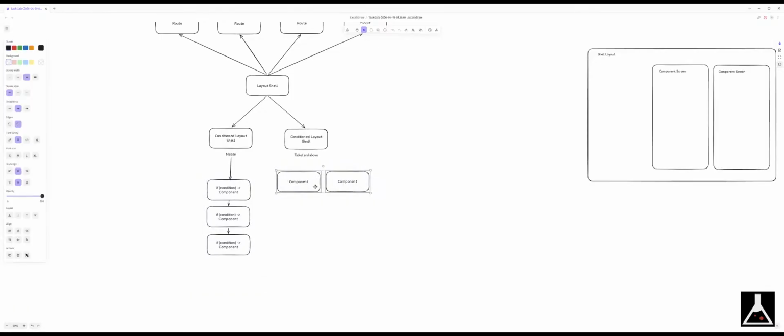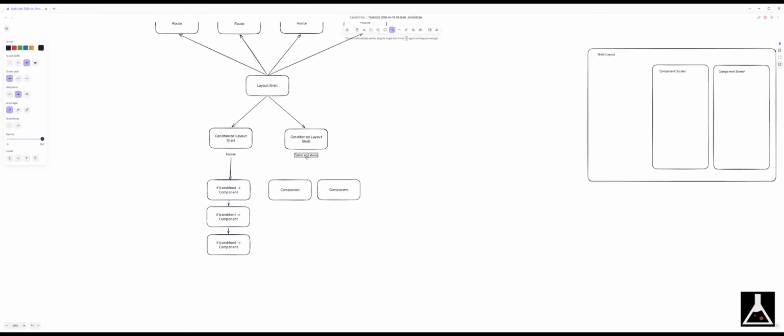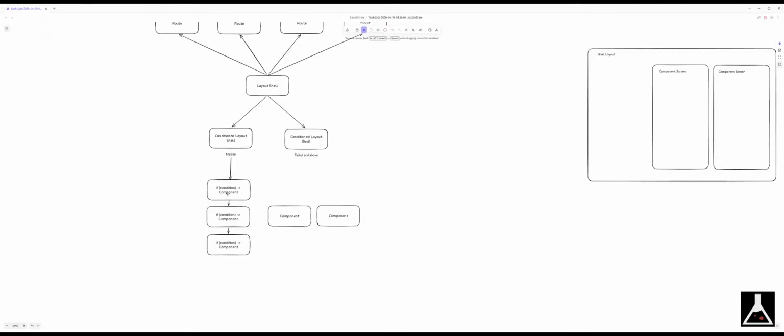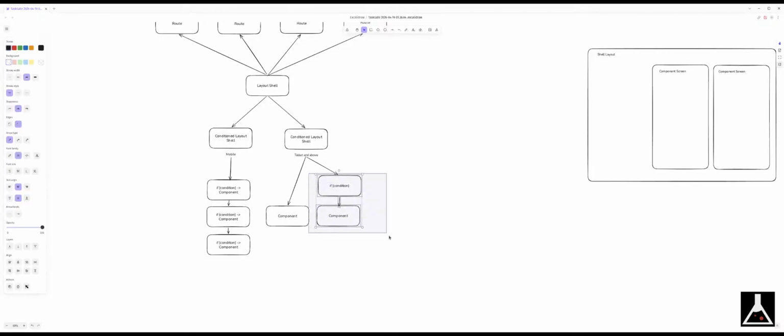And for this, we have this if condition, we have this, we now have that,